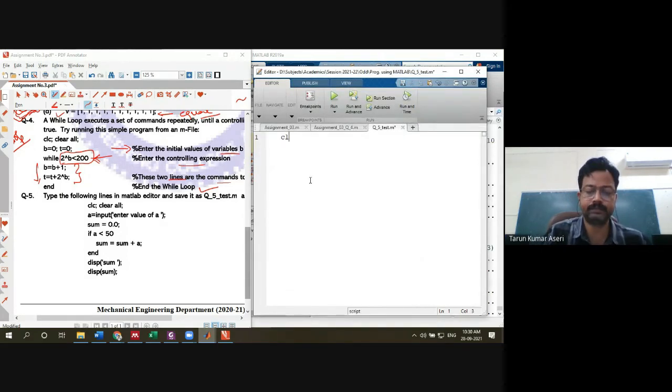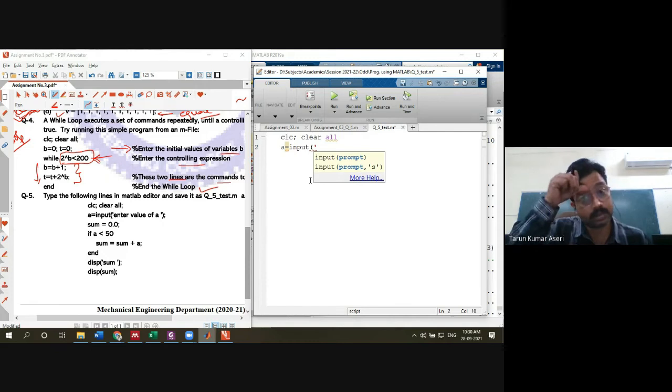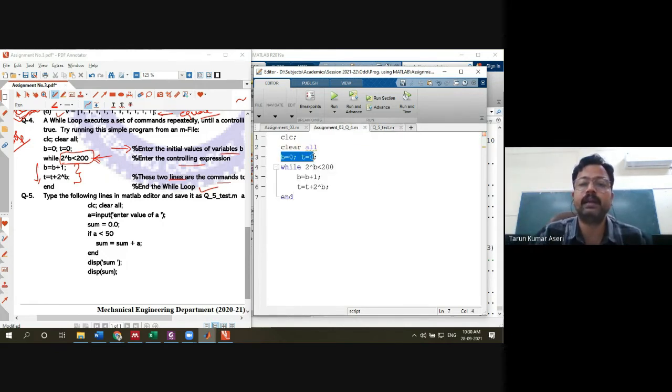CLC. Then you can write in the same line A equals to. This will help you understand user input. In the earlier case you had already defined the fixed values of B and T. In this case, you are going to take A from a user.